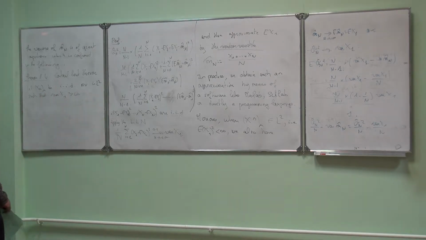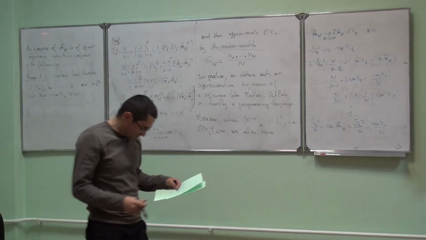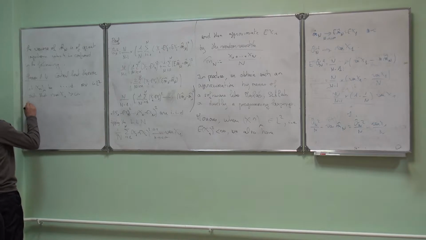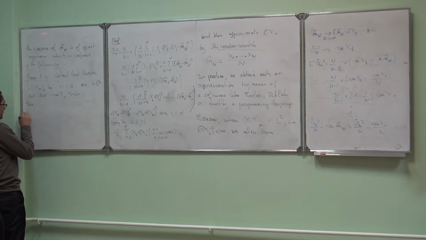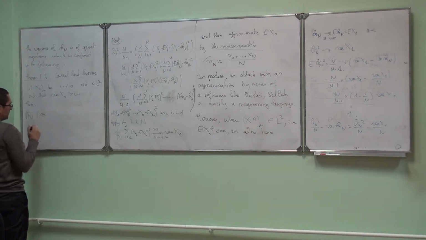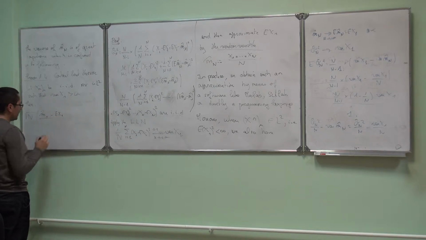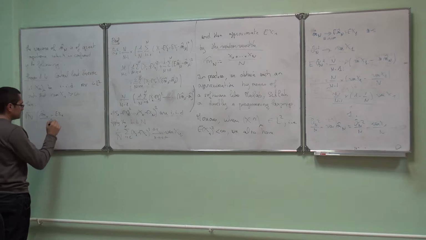Of course, otherwise it's a trivial case. Then the square root of N times the renormalized random variable, M hat N minus its expectation, that is expectation of X_1, over sigma hat N,